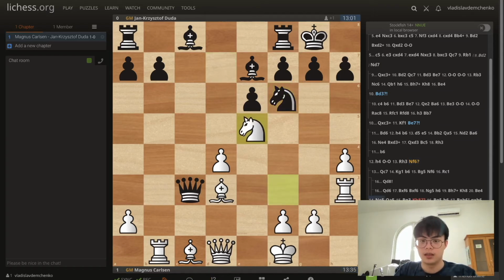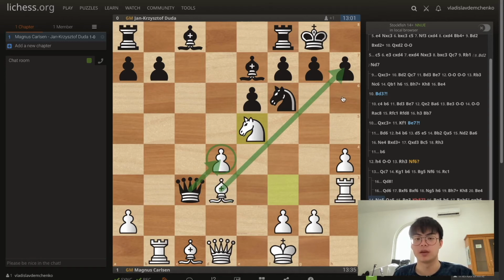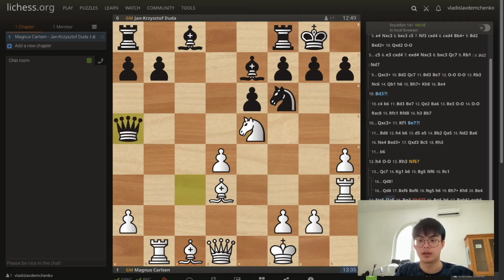But this allows the move knight e5, which is apparently very strong. The idea is you obviously cannot take on d4 because of bishop takes h7, just winning the queen. And we're also threatening bishop takes h7 right now, winning the queen. And so Duda decided to respond with queen a5. And after rook g3, the pressure here is already immense, and it's definitely holdable, but quite difficult,